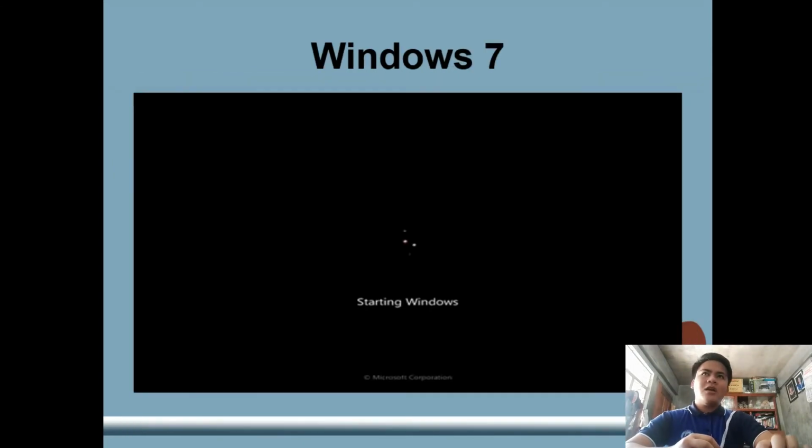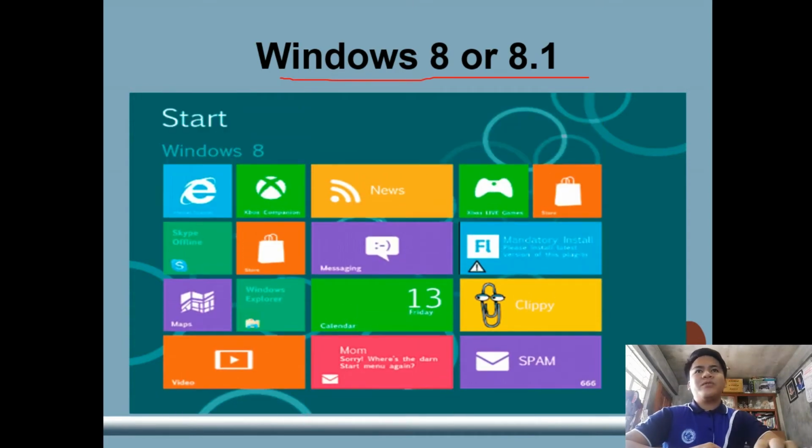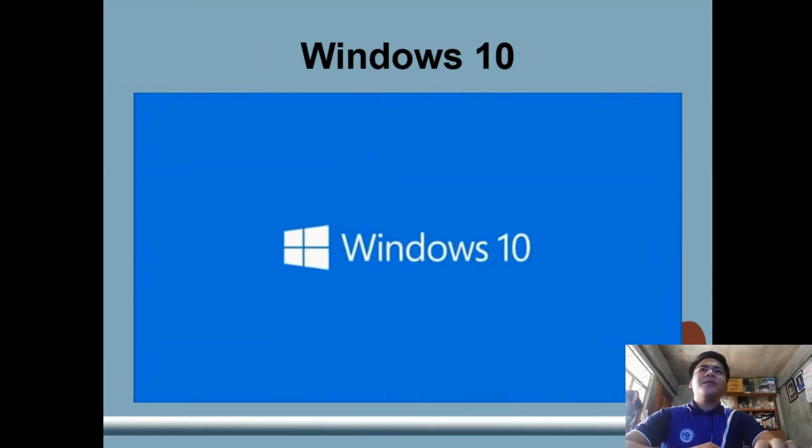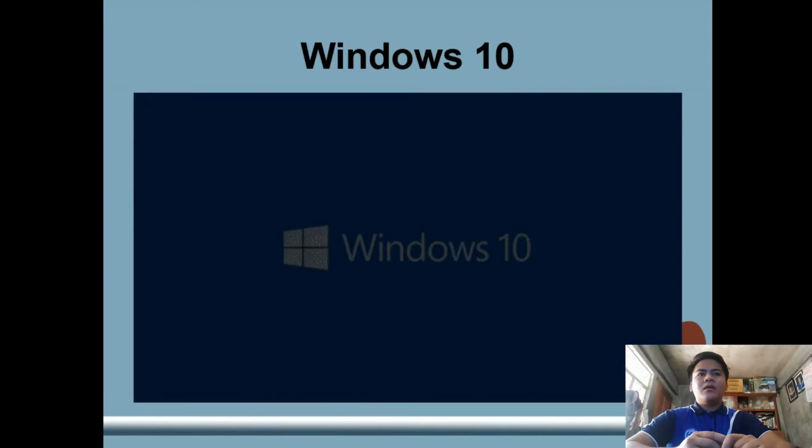Libre po siya. Okay? And additional operating system, I know that you are already familiar with this one, Windows 7. Windows 7 is usually used by different computers in computer shops, or pwedeng ganyan din yung gamit ninyo, and so on. We have also Windows 8 or 8.1. Ito yung parang tiles. Okay, upgraded po siya. Then, after Windows 8 or 8.1, we have also Windows 10, which is ito po yung current na operating system na popular nowadays.